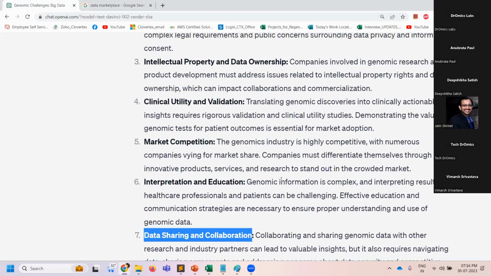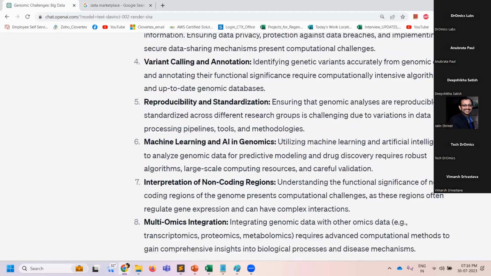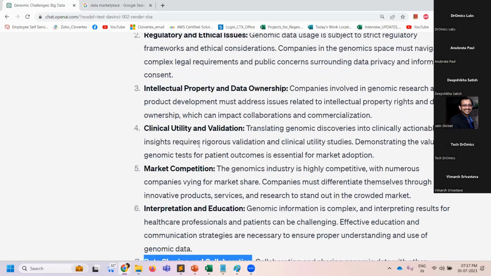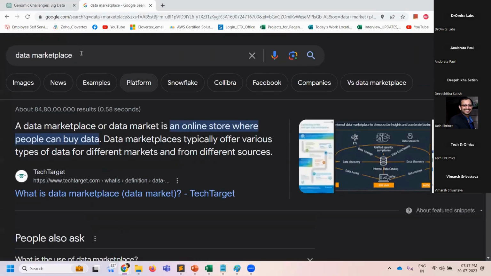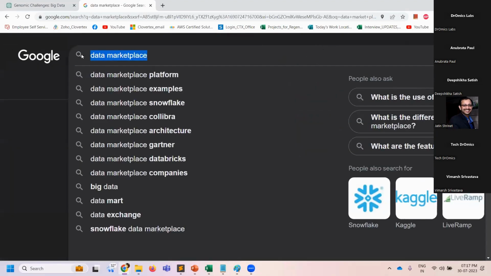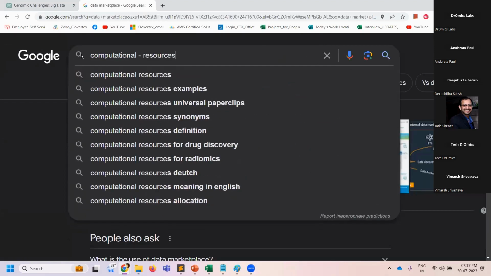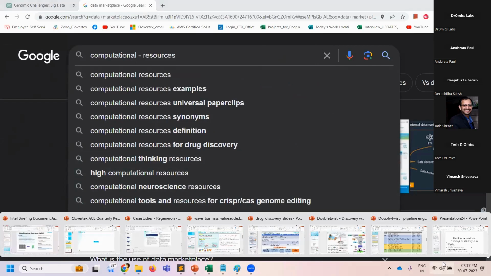Okay, so now we understood all those things, right? And what is the main concern? The main concern is the computational part, isn't it? Not only in NGS, wherever we work on the bioinformatics side, it is basically the computational part, the resources. How well we can use a resource, how better we can use the computational things. There are many varieties of ways that we can write or develop a pipeline. I'll come back to my slides once again.